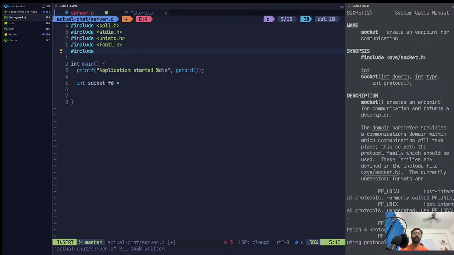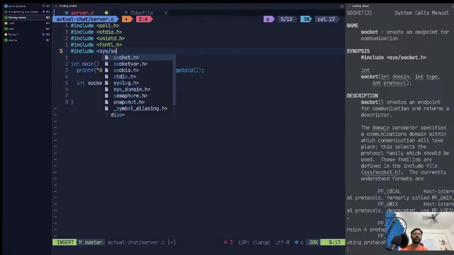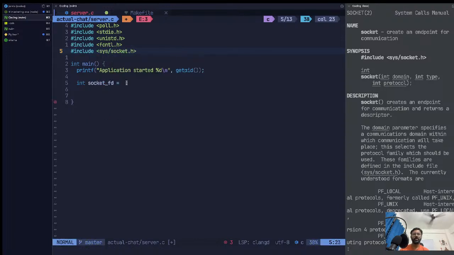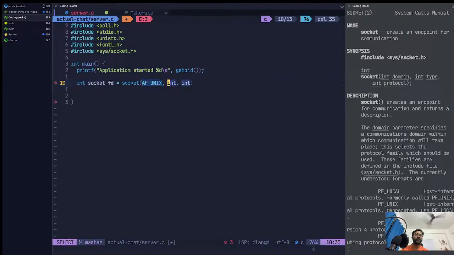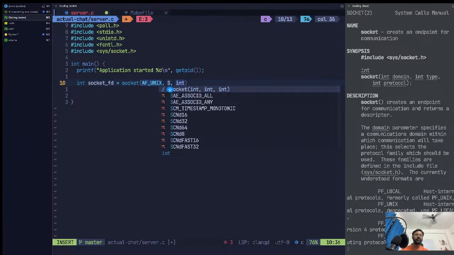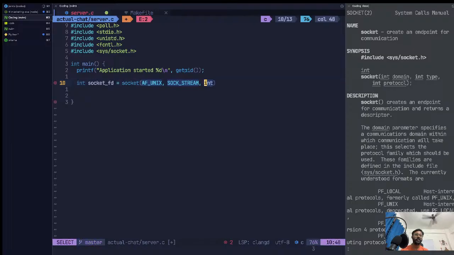And include sys/socket.h. Socket takes a domain. The domain we have is Unix, and it takes a type. I think type was SOCK_STREAM, yes. And protocol